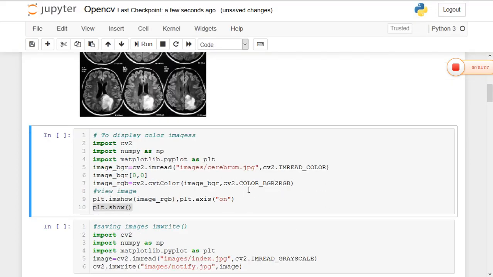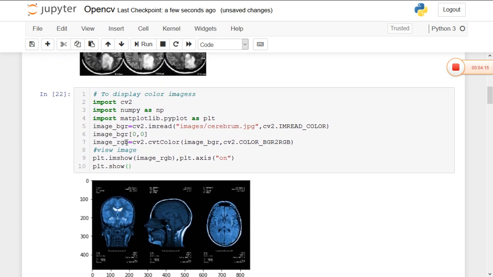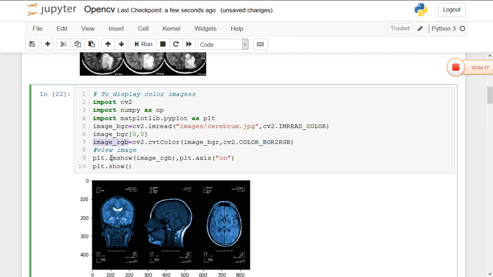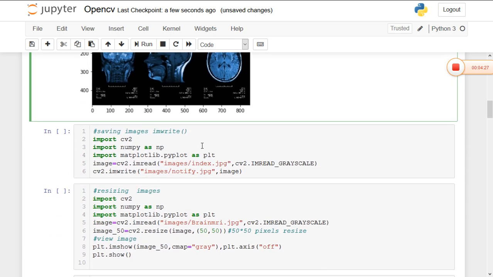So here I converted the color from BGR to RGB. Let me run the code here. Yeah, it has loaded a color image. I have taken a variable called image_rgb and the imshow method is used to show the image. The axis is on, which means it will give the X and Y axis, and the show method is used to show the image.